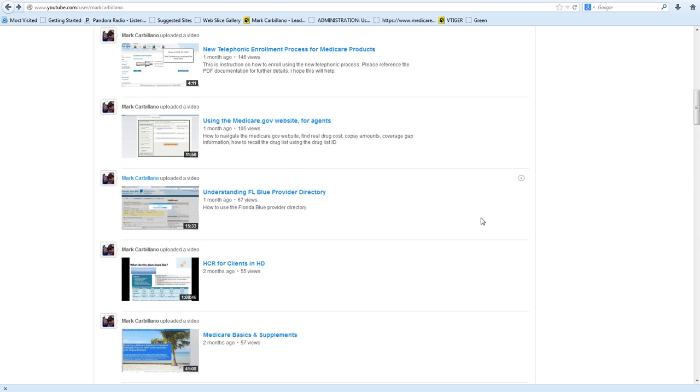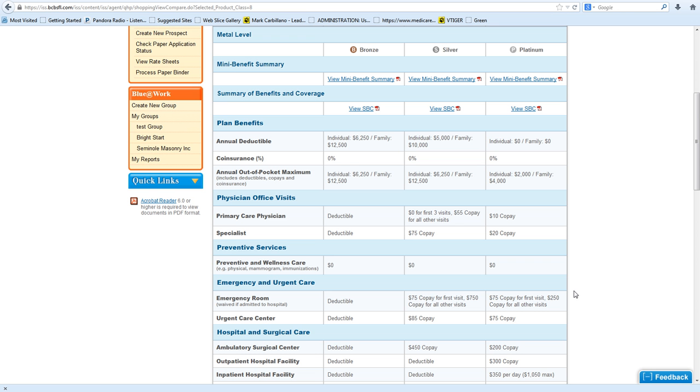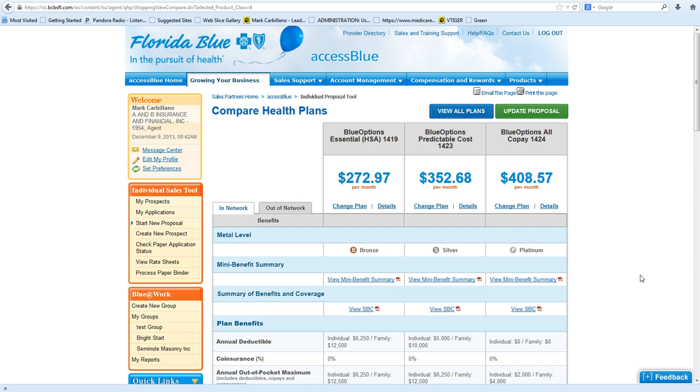Okay, great. So my next and last thing I want to talk about is this damn dental that's on these plans. There seems to be a lot of confusion with the P's and the non-P's and pediatric dental and zero-cost dental. So here it goes. If you have children on the policy and it's a family policy, you have to pick a P. There is no other way to process it unless they have another qualified dental plan through a group or another carrier. So everyone is going to pick a P if there is a child under the age of